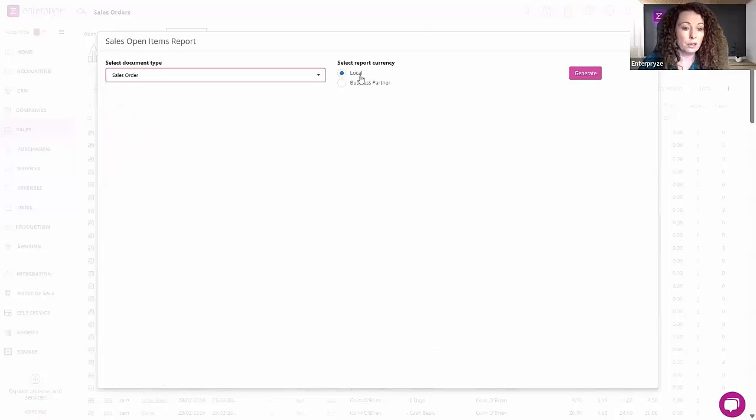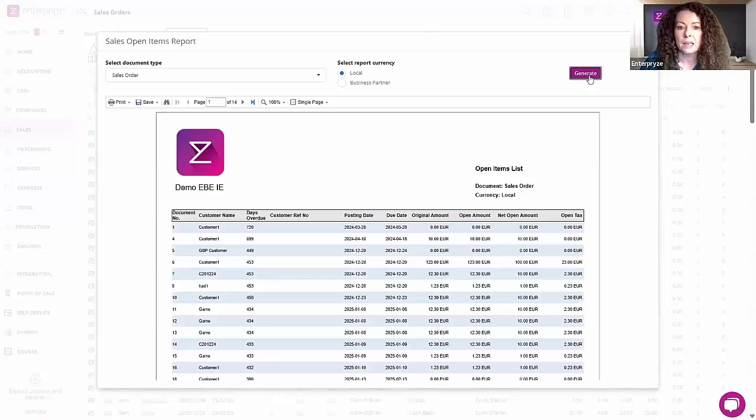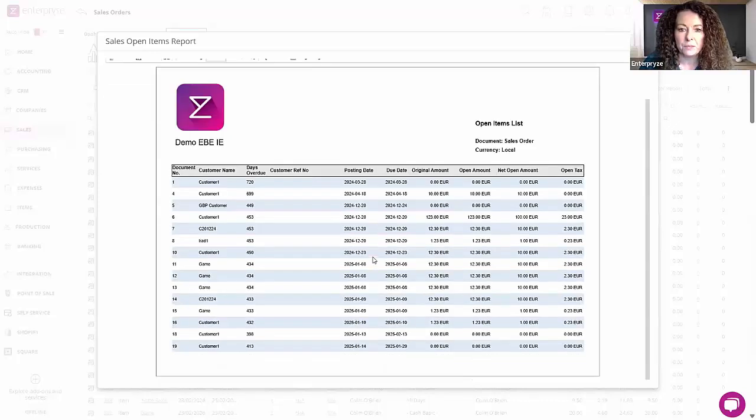I'm going to report in the local currency, so whatever that is for my organization. I'm going to click on generate. And I'm just going to show you what this report contains, just so that you're aware of it, because again, it may be something that you haven't utilized yet. So for the document number, this is the great thing. This is what it does. It tells you, and again, this would be very relevant where you might have had a part delivery, for example. So document number, so sales order number 1 for that customer, obviously the days that are overdue, it's quite